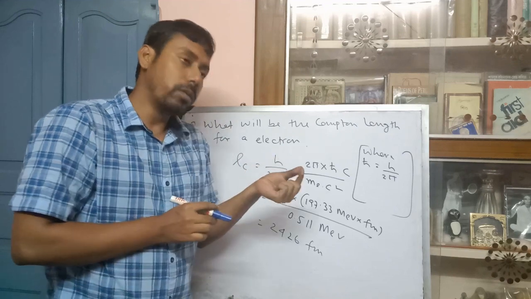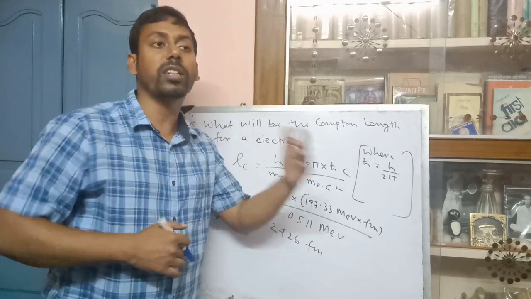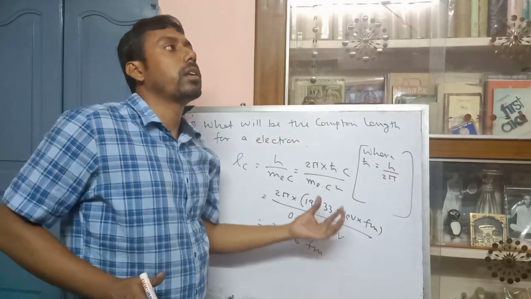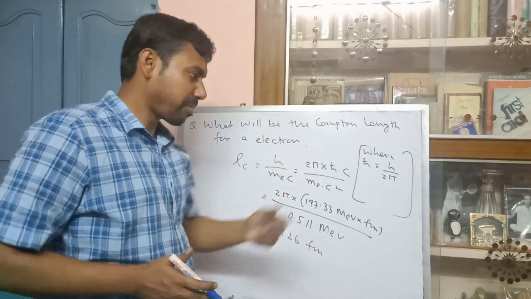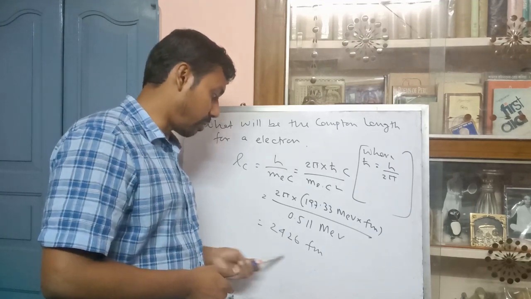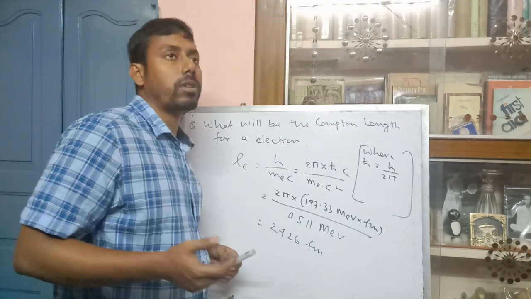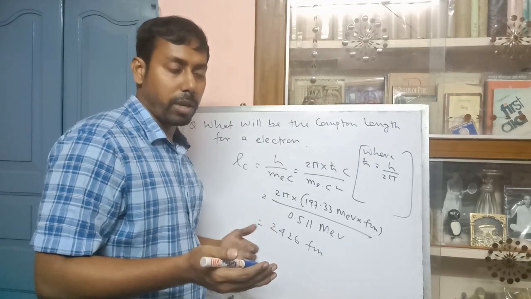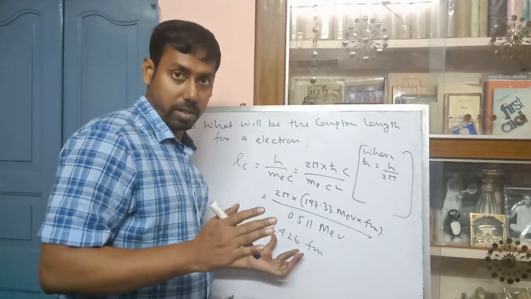Look, the Compton wavelength associated with one electron is equal to 2426 femtometer, which is far greater than the size of a nucleus. For the nucleus size, we know that generally it is 5 to 6 femtometer. The first Bohr radius of a particle is near about 50 femtometer. So this value is far greater than the size of a nucleus. For a heavier particle, it will be a little bit greater than 5 to 6 femtometer, maybe 10 to 15 femtometer, but still this quantity is far bigger.